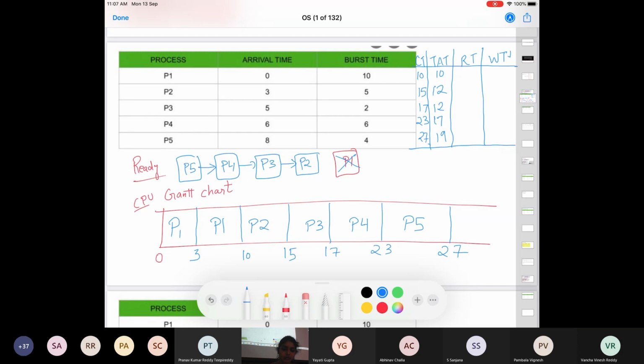Let's look at the waiting time. So waiting time is the time a process spends waiting in the ready queue. So you can compute it two ways. So one way is you look at this entire simulation and look at all the times where a process was waiting. So you look at P2, okay, it came at 3, but it was allocated the CPU at 10. So it waited for 10 minus 3, which is 7 milliseconds. Another easy way to do it is you can just subtract turnaround time from the completion time.